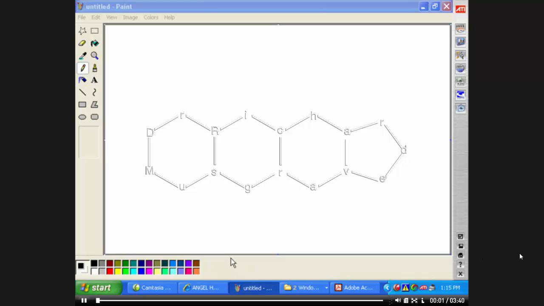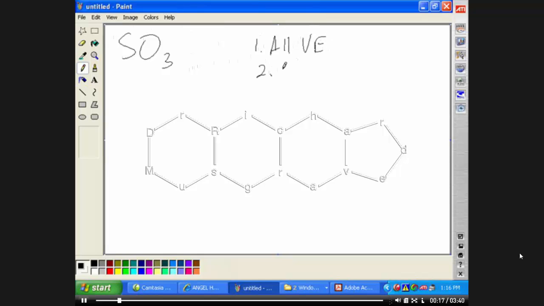Well, welcome everybody. We're looking at Module 12 here, drawing of Lewis dot structures. So let's use an example that we see in Module 12, and that's SO3. Now, the two things you've got to be careful of are, first of all, we need to use all valence electrons, and the second thing is that everything needs 8 electrons. Now that's all except hydrogen, which would need 2, but let's just say that everything needs to have 8 electrons